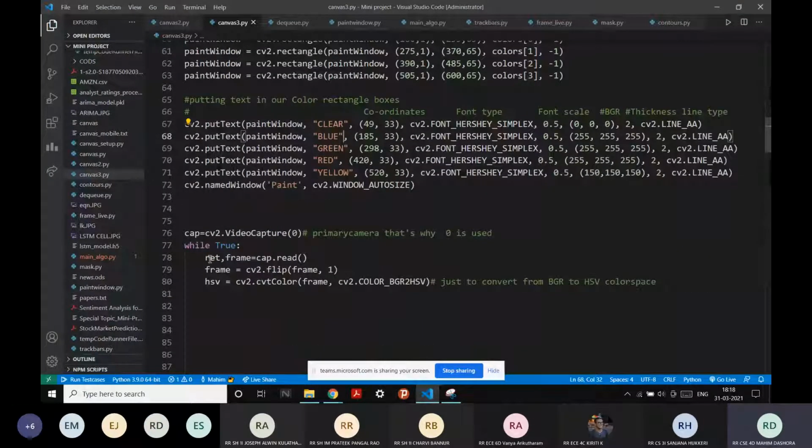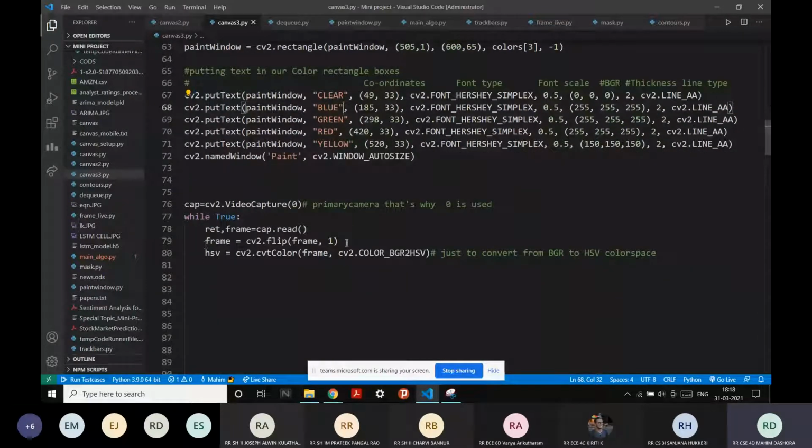As I said, we'll be capturing frames first, and we need a while loop because we are capturing a series of frames. Hence, we are capturing our whole video. Great. So while capturing, why do we need to flip it? Because OpenCV takes a mirrored image. So we'll flip it again so that while we're drawing, we're not getting a mirrored version. Let's say we're drawing hello world, we don't want the mirrored version of hello world. So we'll flip it again using one.